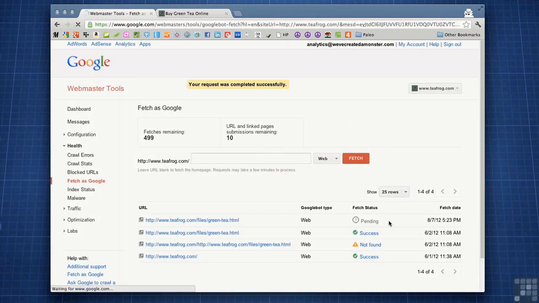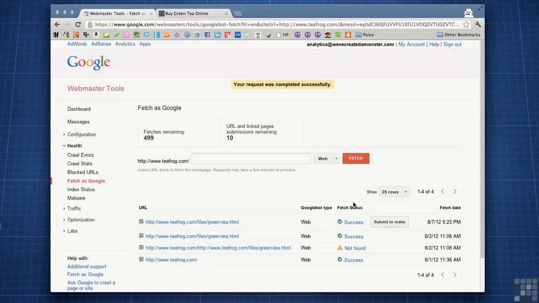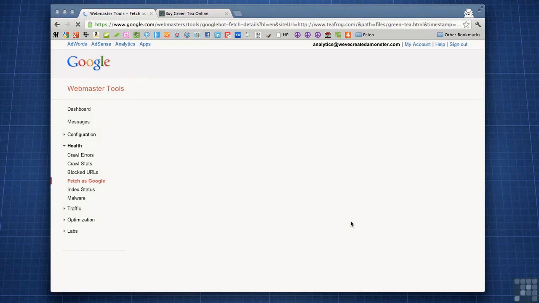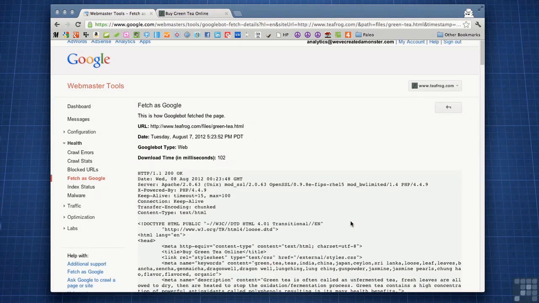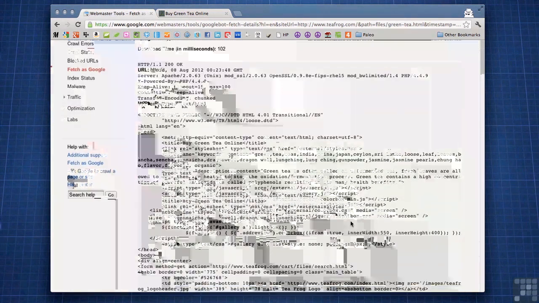For a second here, it'll say pending. And now success. So we were able to successfully fetch that page. If there were any issues, for example, if it was not found, see what Google will see, you can click the success link here and it'll actually open what it took. Now, this is of course a bunch of HTML code, but if you ever had any troubles with your index, this is something again that you can send to your web developer, show them what Google